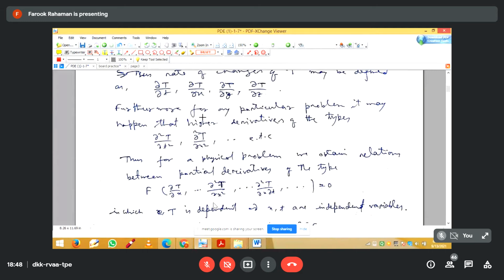Suppose a function depends on t and space coordinates, say x, y, and z, with t as time, or maybe any other independent variables. If you find the partial differentiation with respect to t, x, y, z, first order, second order, third order, and so on, and you find a relationship between the partial differentiations, that relationship is known as the partial differential equation, which is given by this one. That is, if capital F is a function of